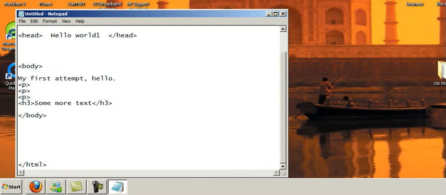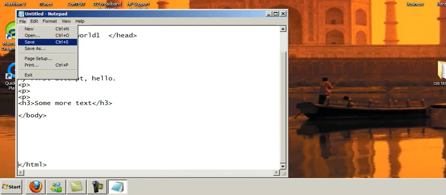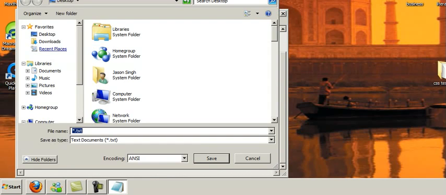You're going to have to close it and save it. Firstly, to save it, we'll go to File, Save As. Choose your desktop because it's easier. Now, in future tutorials, we're going to use a root folder. I'm going to show you how you would normally create a specific folder for all the content for a specific website. But because this is a very basic page, desktop will do, and we'll call it